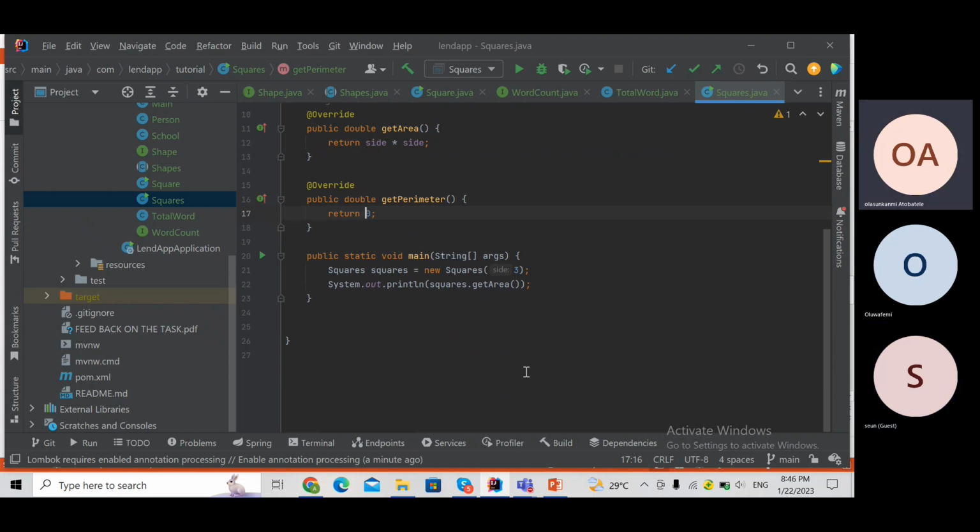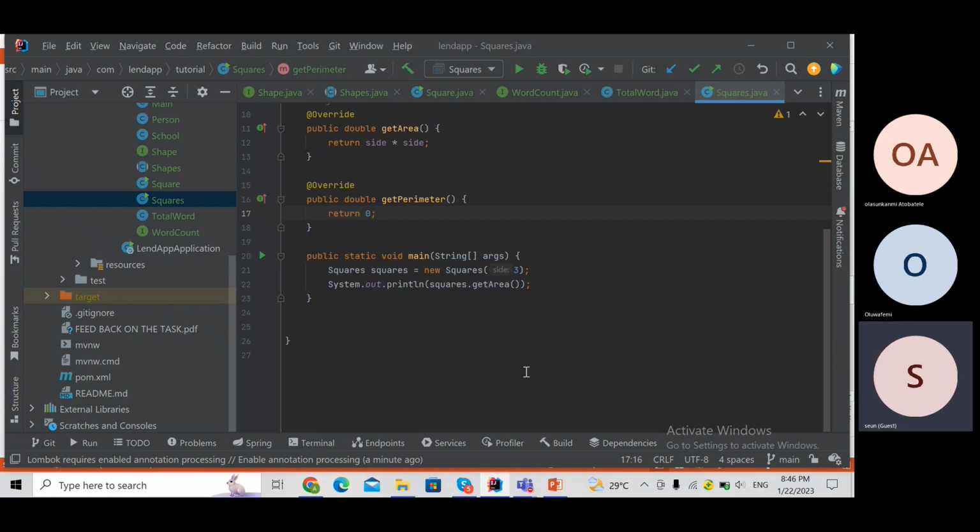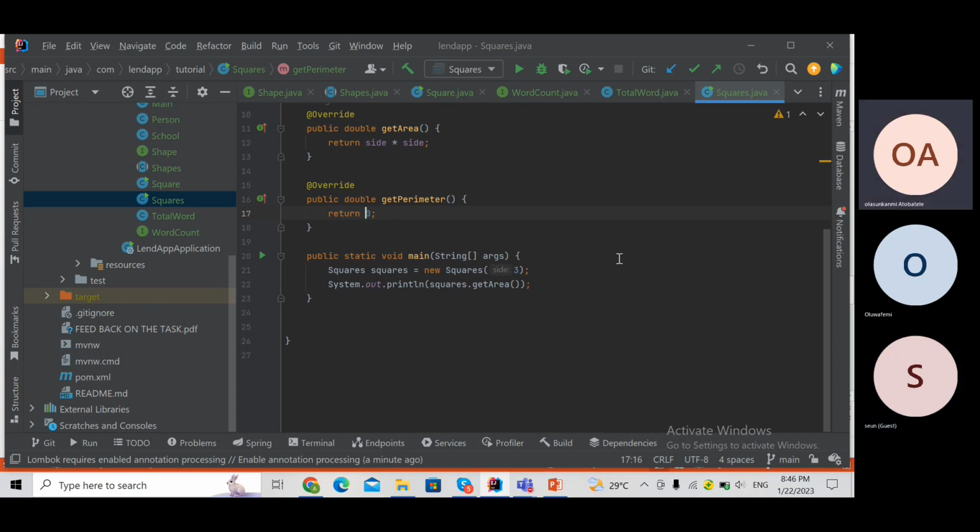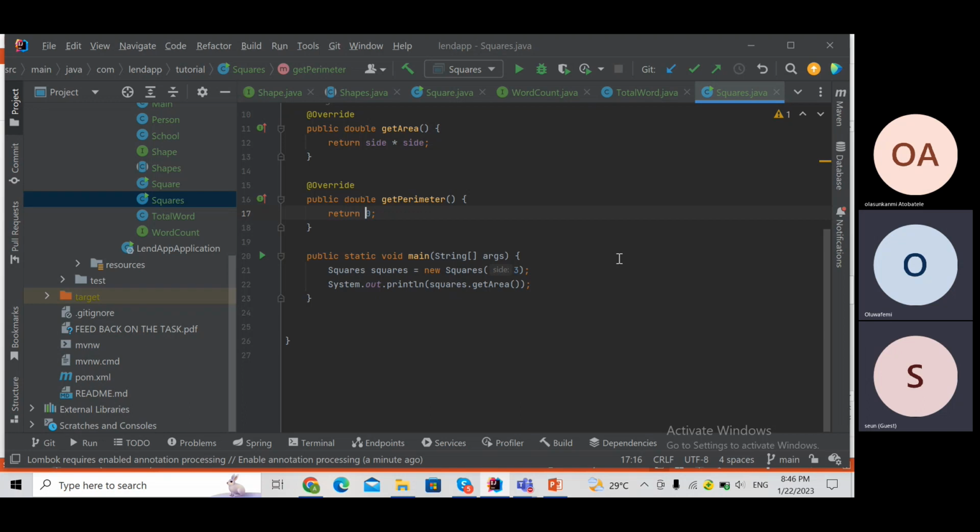Do you understand? I think I need to go over this abstract class very well. I'll see how, if I want to access it outside the class, I'll just play around with it and see if I understand how to use it. That's fine. Abstract classes are, in the sense of the name as it implies,